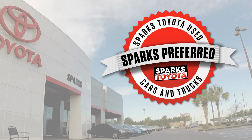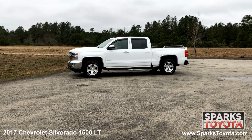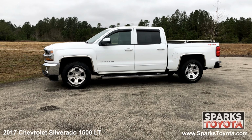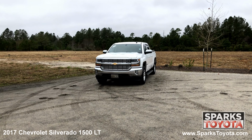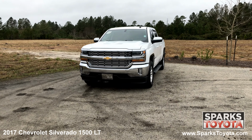Welcome to Sparks Toyota. Here we have a 2017 Chevrolet Silverado 1500 LT. It has a clean one-owner Carfax and comes with power heated mirrors, rain guards, step rails, privacy glass, and much more. 17-inch bright machined aluminum wheels, all-season tires, recovery hooks, HID projector beam headlamps, LED daytime running lights, and a